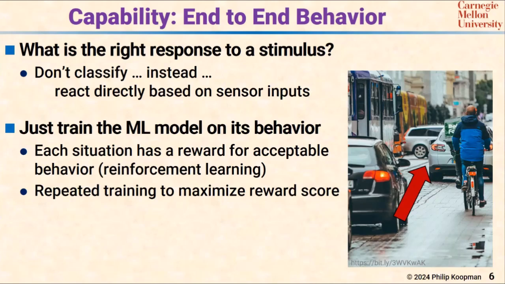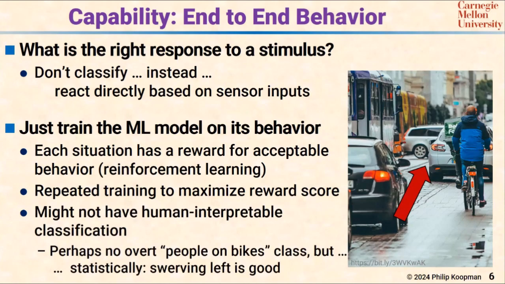So the thing here is you may not have a human interpretable classification. There may be nothing in the machine learning that knows what a pedestrian is. Maybe it invents 2 people bikes that happen to be close. Who knows what it invents? But what you do know is statistically, when it sees something that looks like a bicyclist, it's going to swerve left and you're going to go, okay, that's fine. It's learned how to drive. So the important thing here is we don't actually know what it's learning or why it's learning. We just know the outcome is something we like.